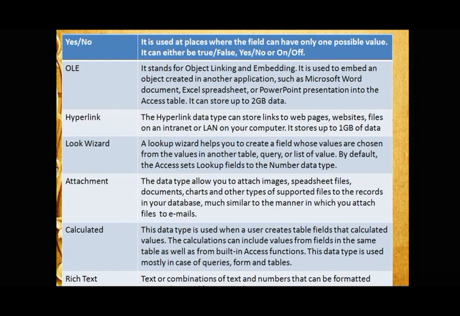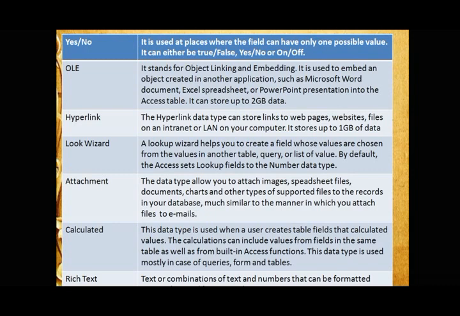Next we come to hyperlink. What is a hyperlink? Hyperlink is a type of data in which we can store a web page or website. When you search for things on Google, you see some of the words are in blue color or underlined. Whenever you click on that word, you come to the next site in which the word's meaning or some other things are shown. So this is called hyperlink.